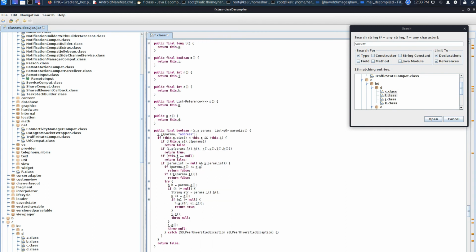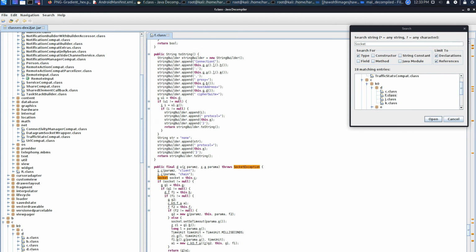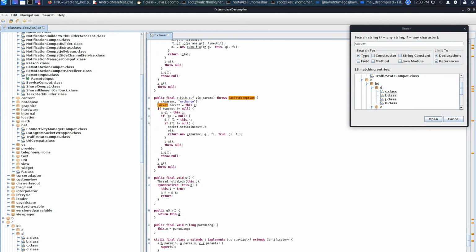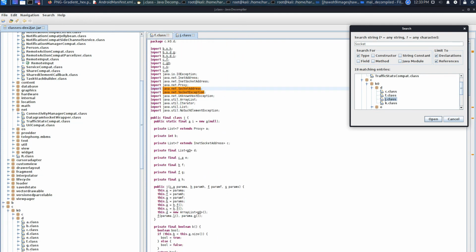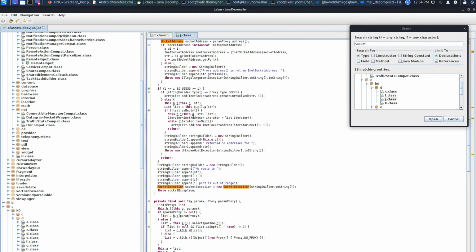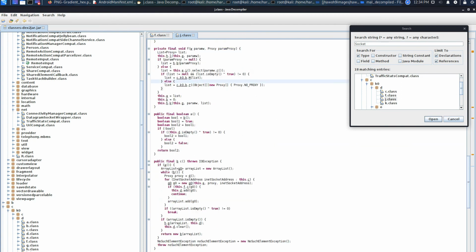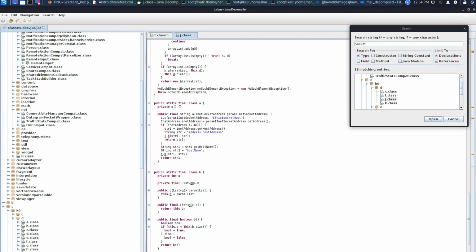Here we can see address, socket timeout exception, connection, service system suppression. What is out of range? It's the port.